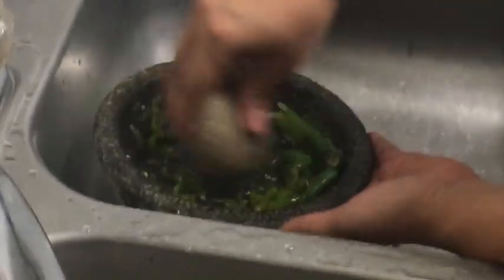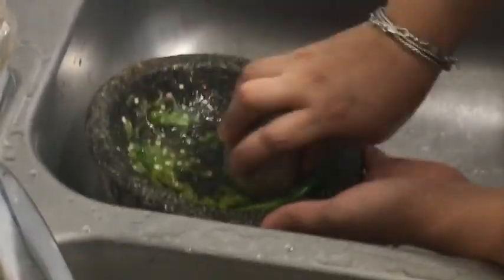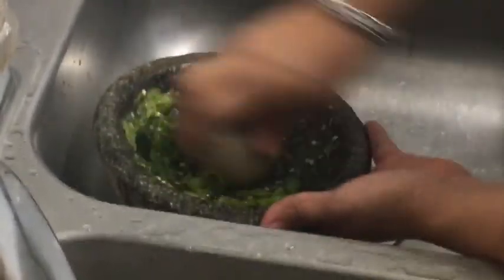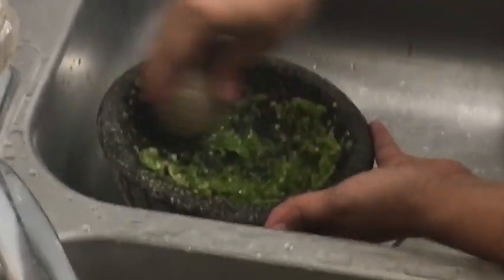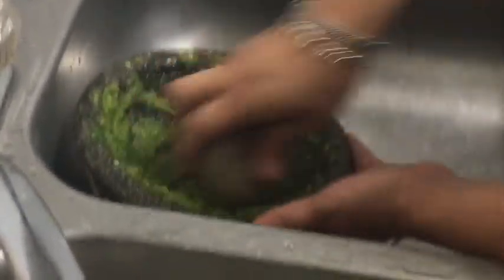It's not just mashing it, you're actually grinding it on the stone, and you will start seeing that it's turning into a paste. You rock it back and forth, side to side, and then with the same stone that you see in my hand, I'm pulling it back in the center, pushing it to the side, pull it in the center, back and forth. And as you can see, you might get a burn sensation in your fingers because